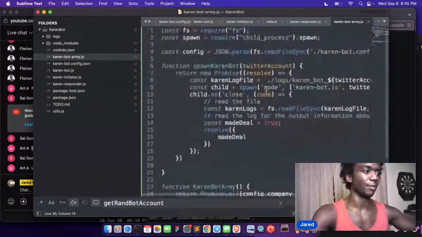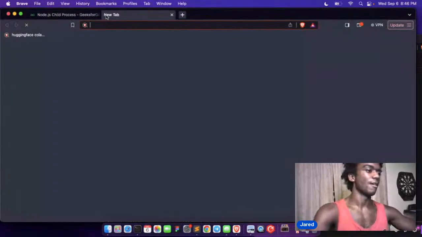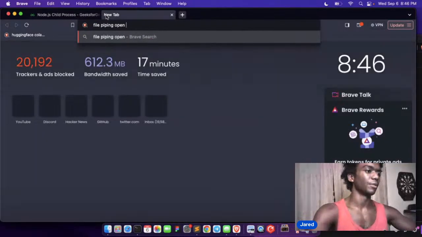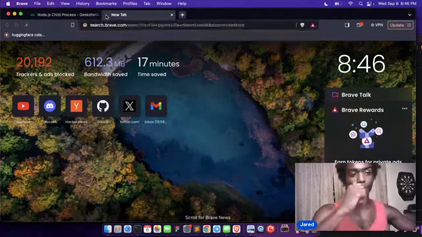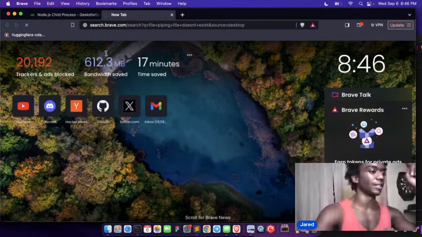We have to touch this file beforehand. I forgot how to do that. File piping, open or write, file doesn't exist. I need to brush up on my Unix. So if you're piping to a file and it doesn't exist,